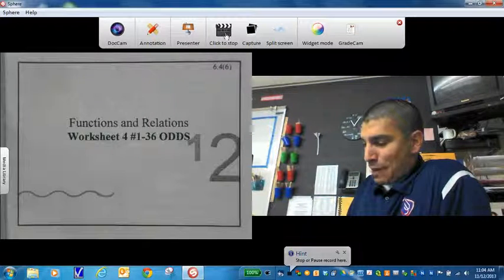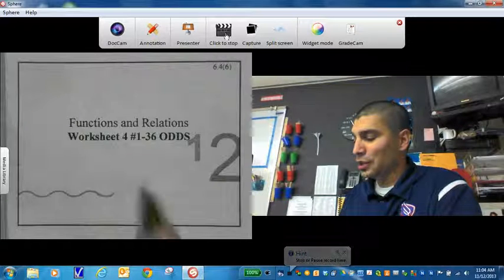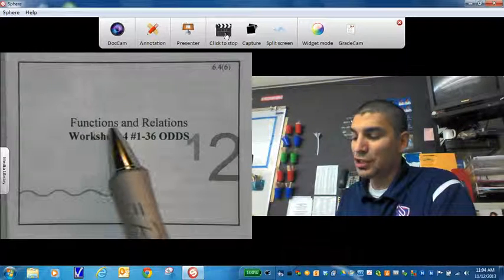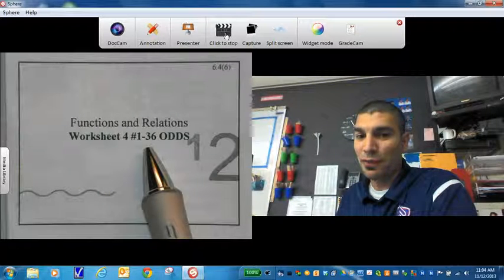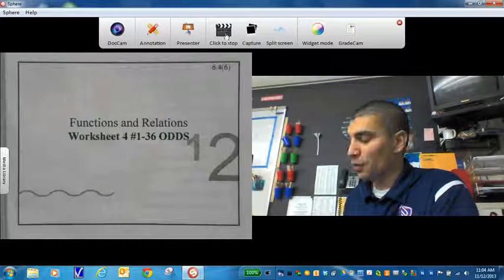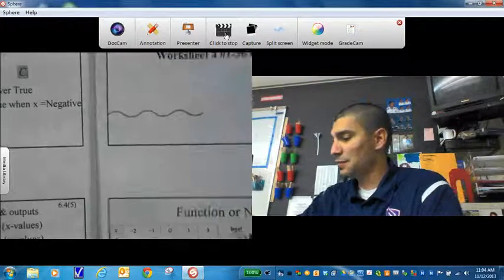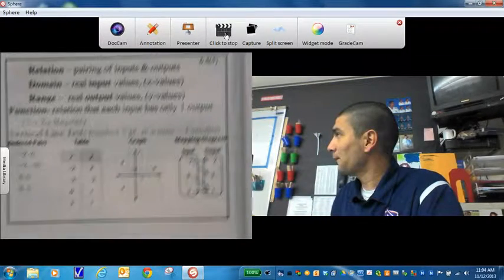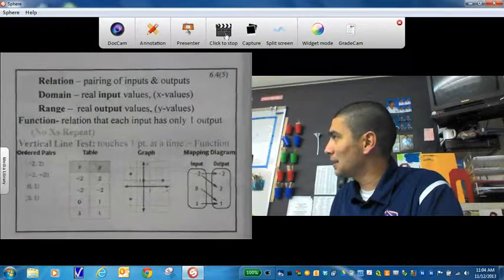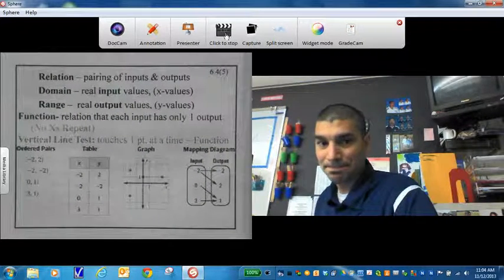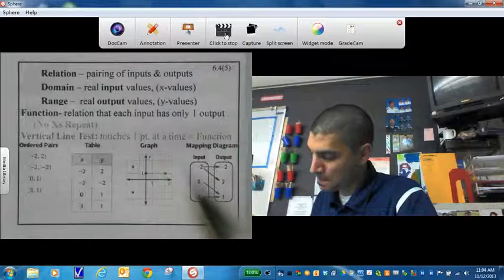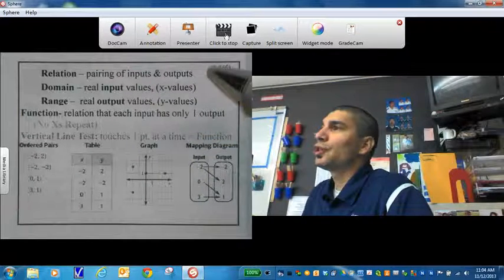All right. Here we go. We're going to learn 6.4 notes, which is dealing with functions and relations. And homework, of course, is 6.4 odds, 1 through 36 out of your worksheets. So let's move this over so that we can learn what these words mean. So the first thing you need to know about